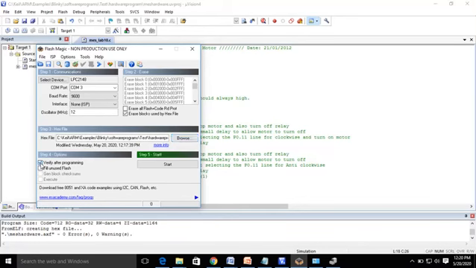In the fourth step, you need to select Verify after programming, and next you can click on Start. If you click on Start, the program is going to execute. Before executing, it loads your HEX file, and it shows the output on your hardware component, controlling a DC motor. So we'll see what happens when I click the Start option.